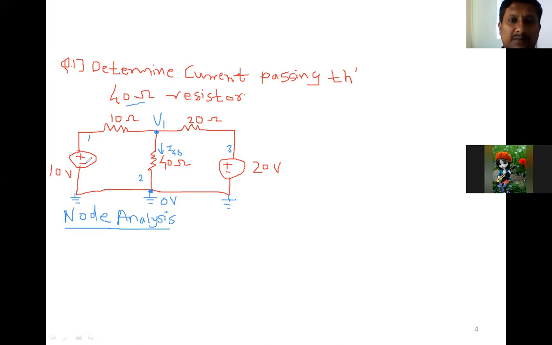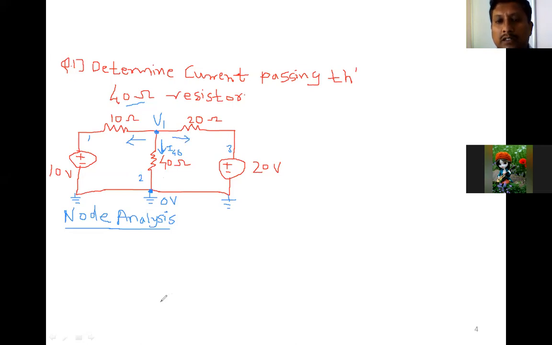So here, in the first branch the current is not given. So you can straightforwardly mark as outgoing. In the second branch also current value is not given. So it is already marked. You can take the same one, that is outgoing. Here in the third branch current value is not given. So mark as outgoing.